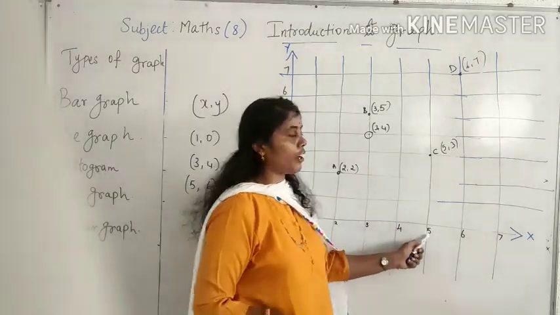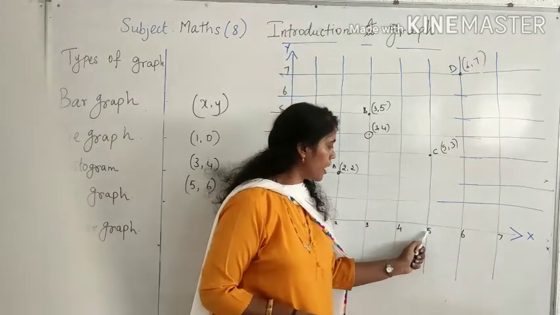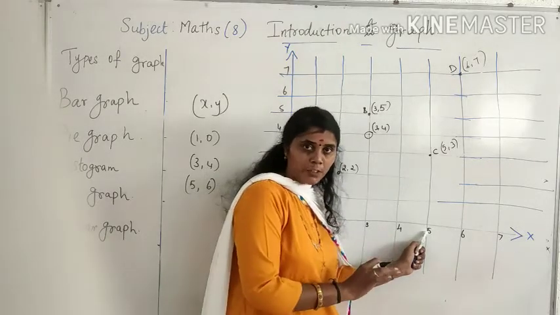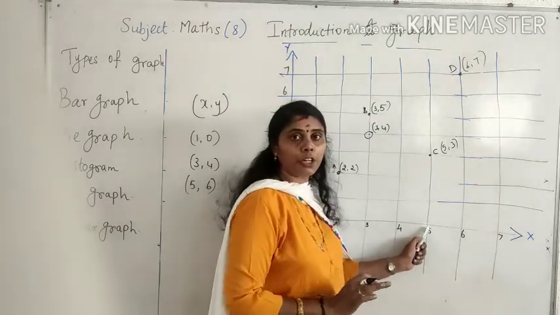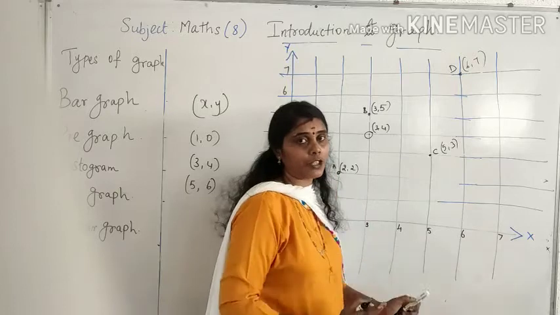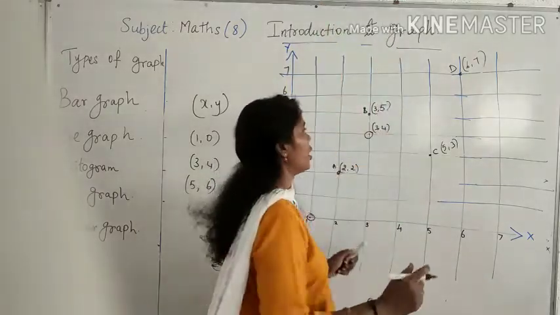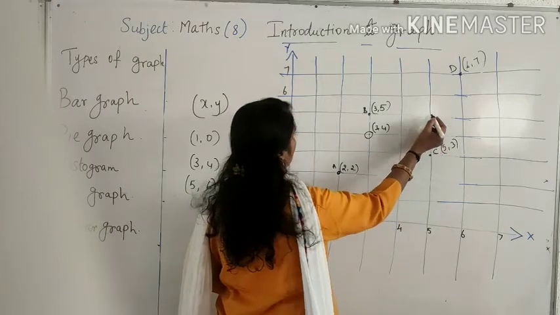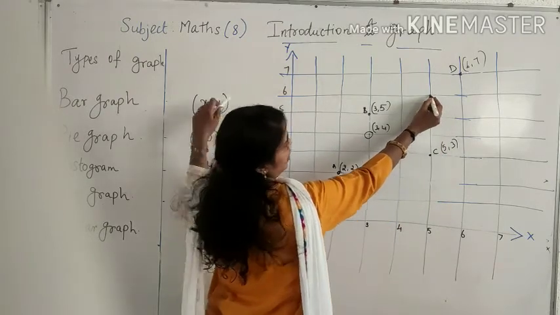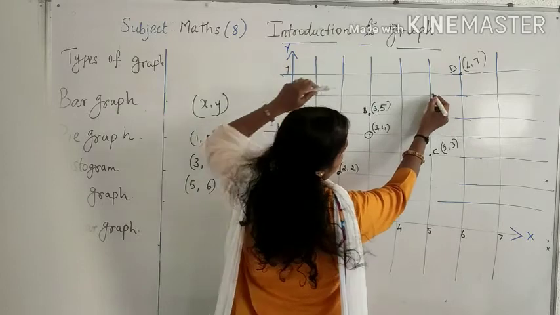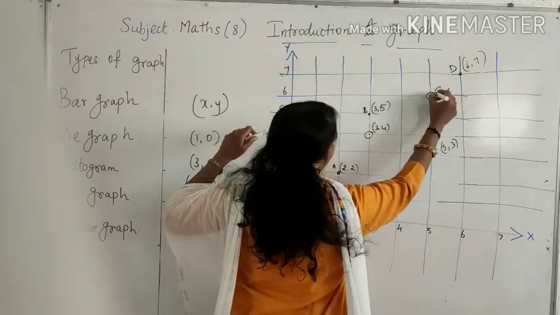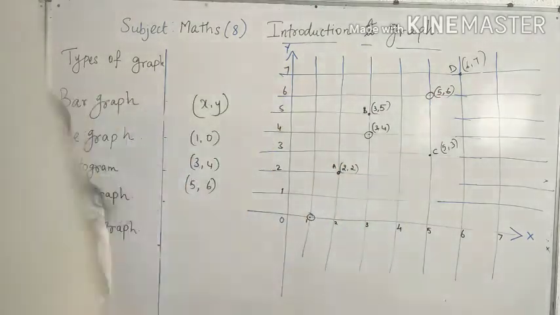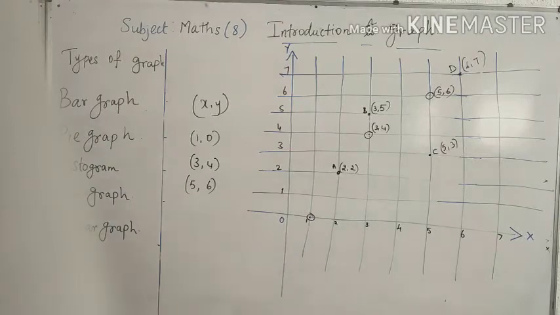And the next one is 5 comma 6. So you are at the 5 place. Your bed is at 5. You slept on 5. You reached 5 now. Now you have to wake up till 6. Your height should be raised till 6. So you raise your hand and come to 6. Where they meet, that is 5 comma 6. Like that you can represent coordinates on the graph.